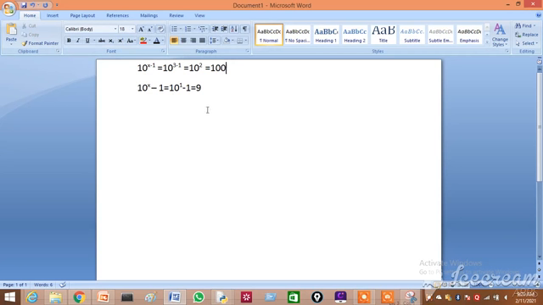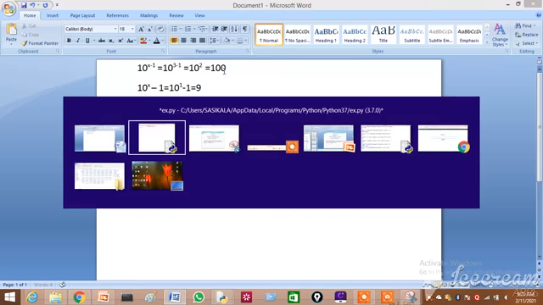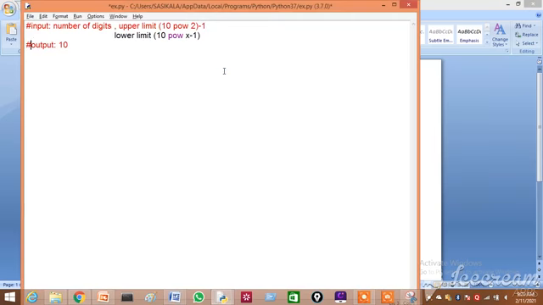If you give this range, 9 to 100, it will give you only 2-digit numbers. Okay, let us proceed with the program now.